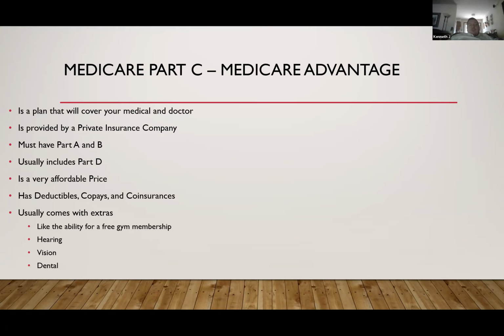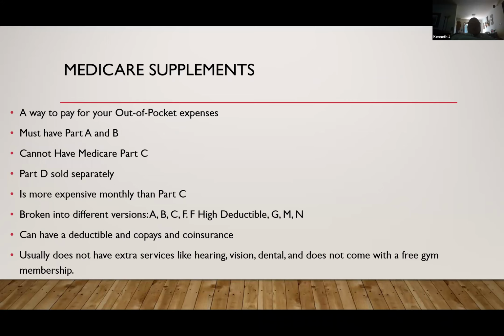You're usually talking $0 to around $100 in premium, depending on the plan you go with. Has deductibles, copays, and co-insurances. So that's the downside to it. But again, it's very affordable. Usually comes with extras like the ability to get a gym membership, hearing, vision, dental,